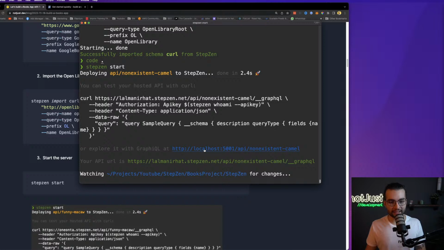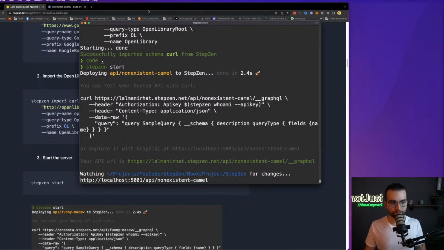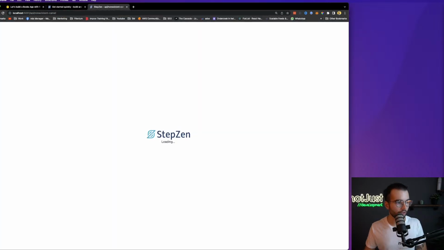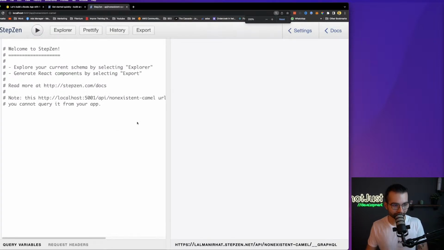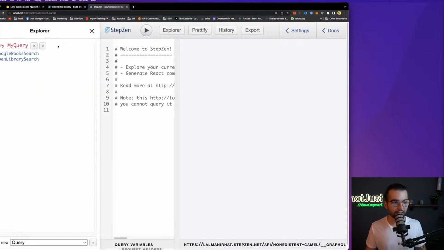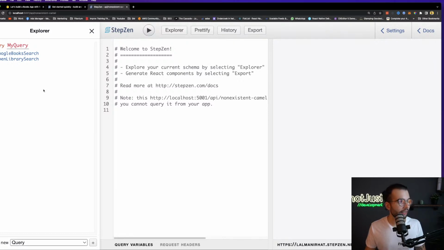I'm holding Command. I think on Windows you should hold Control in order to be able to press on a link here, or you can simply copy it like this and paste it in a new tab in the browser here. So going here, nothing to see, but if we press on the Explore, we see right away on the left side